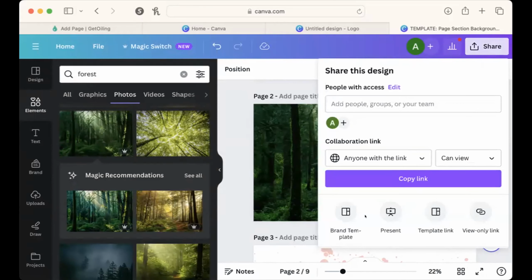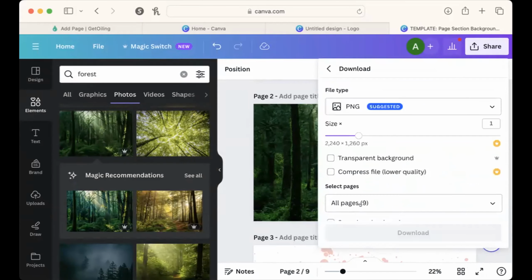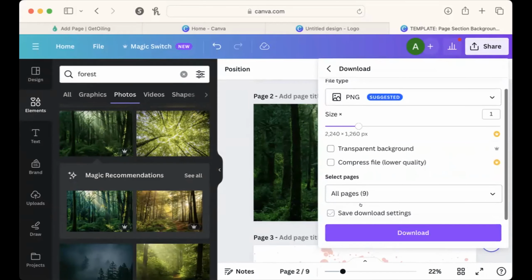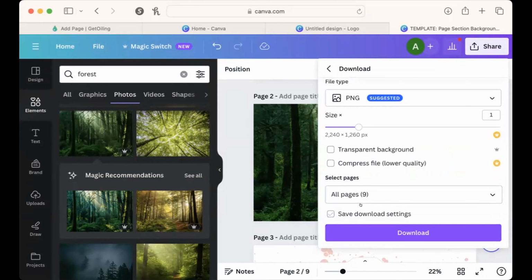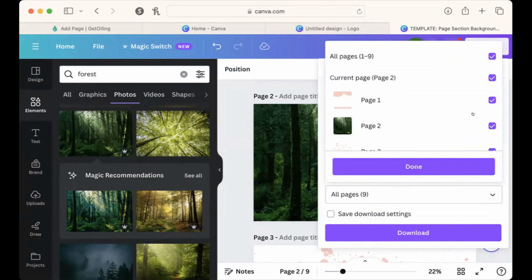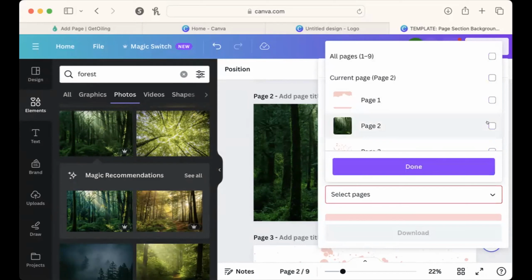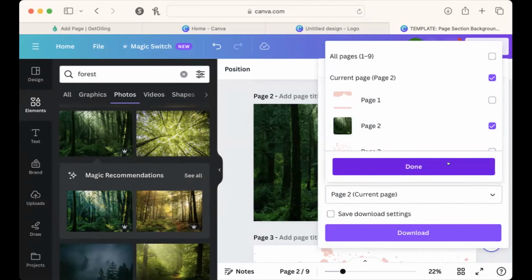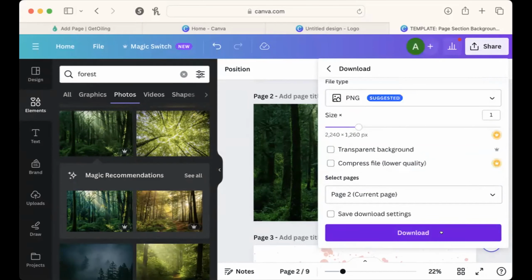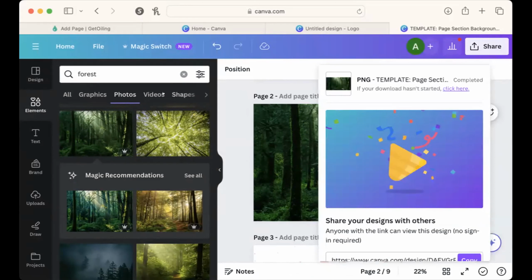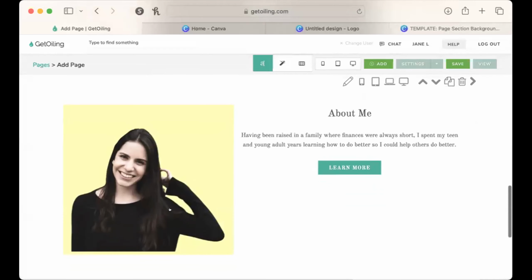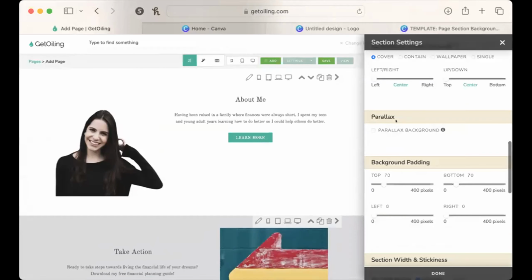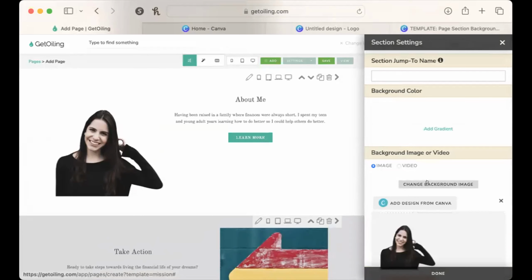Let's download this one. And basically what I'm showing you how to do here, you guys, is to recreate a setting for an entire section so that it's adding you, but it's giving the whole section a cohesive design. Because it doesn't look quite as nice to have that image as the background of your section and then have an image on top of it that has a competing background. So if we were to change the background image of this section,